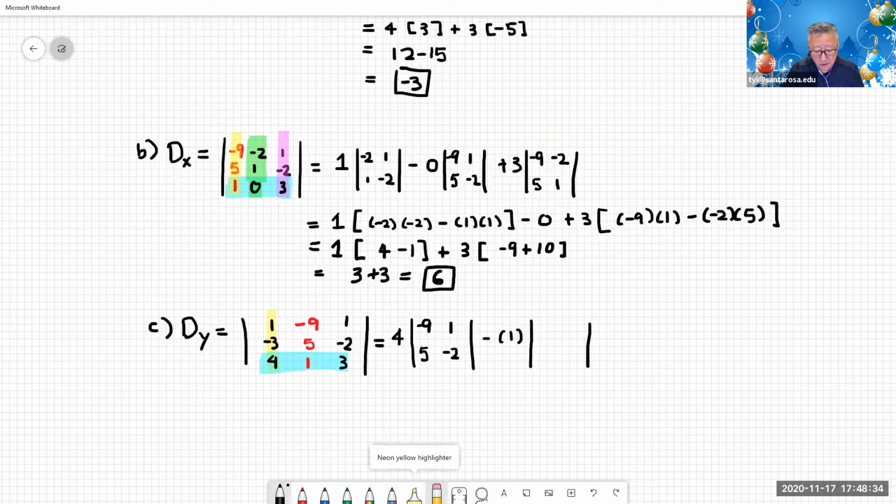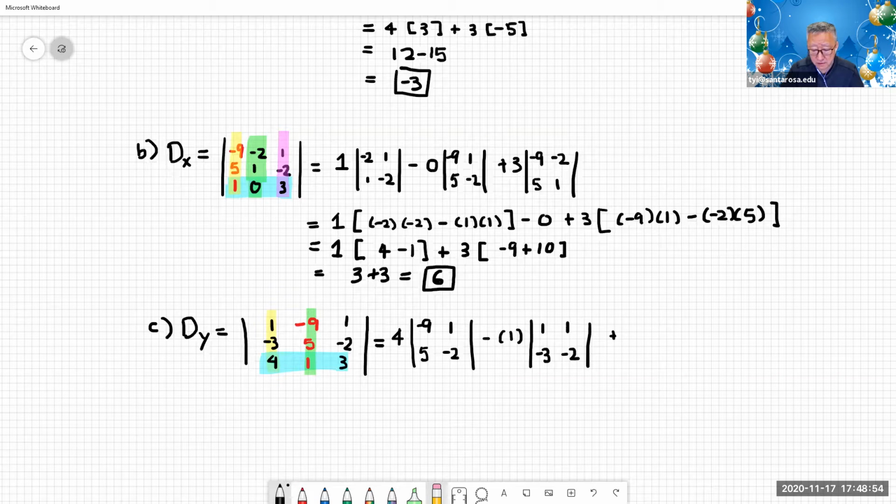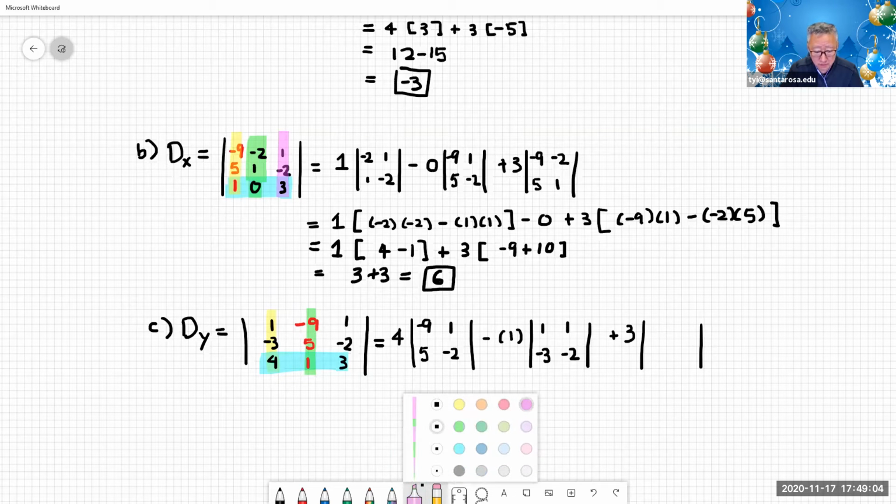So on the middle one, let me just get the green one over here. The remaining here is going to be 1, 1, minus 3, and minus 2. And the last one is going to be plus 3 times. Okay, so I'm going to use the purple one. So the remaining is going to be 1, minus 9,